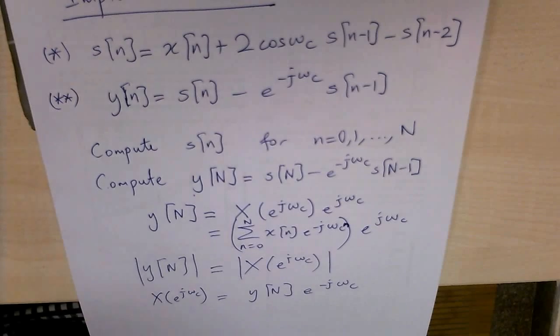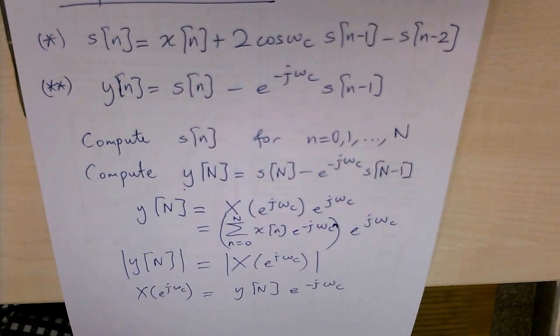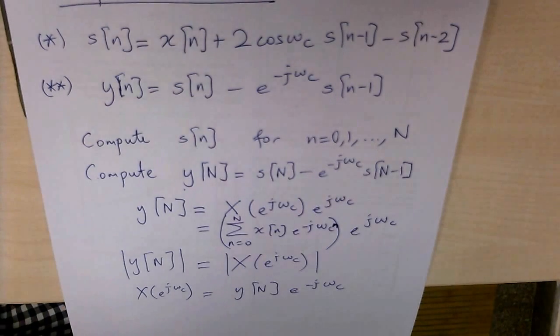but complex multiplications are more expensive than a real multiplication, obviously, and as a result, this Goertzel's algorithm is computationally more efficient than straightforward implementation of DTFT. Now, it's also faster than FFT